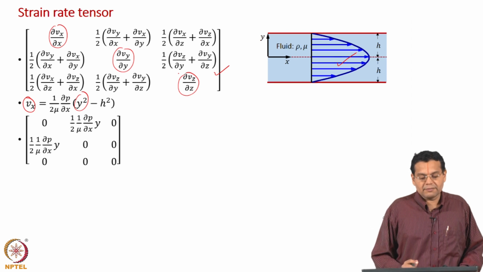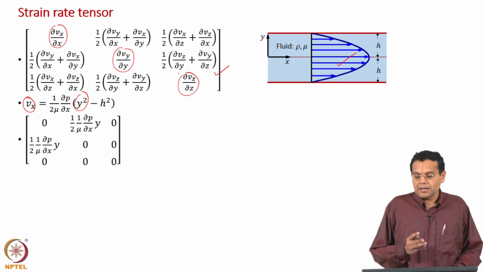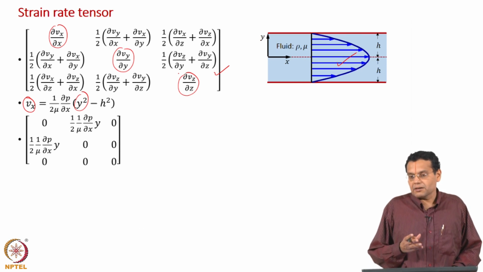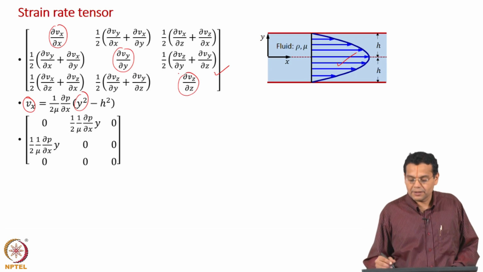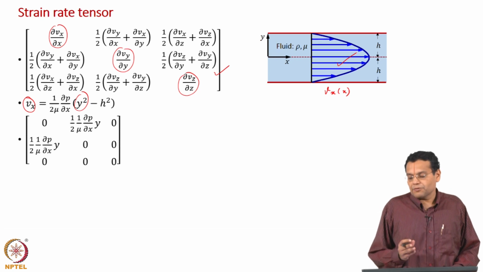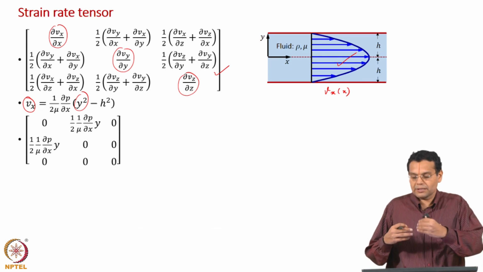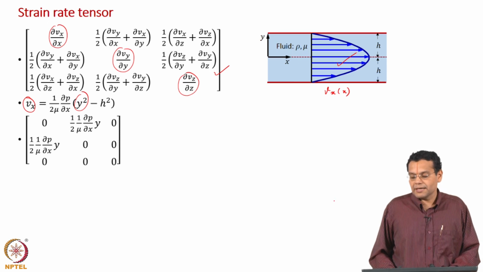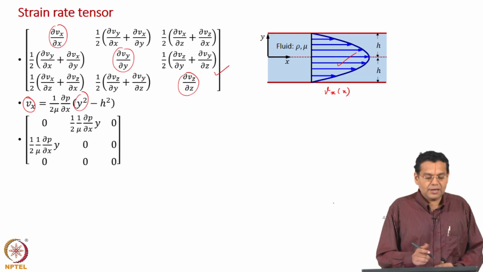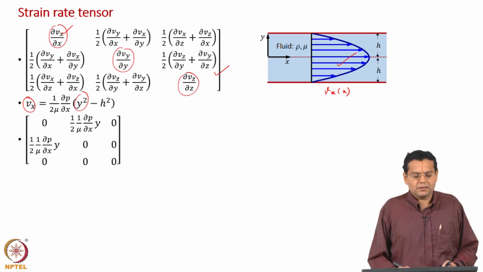So in fact you will have the term ∂Vx/∂x only when the flow is developing, or only when the velocity varies along the flow direction. If you have Vx as a function of x, which can happen when the flow is developing along the length of the flow, or remember we had a 2-dimensional flow where there was some inflow or outflow in the y direction, and hence because of that Vx either decreased or increased along the flow direction. There again you can have this normal strain rate component, otherwise it is 0.